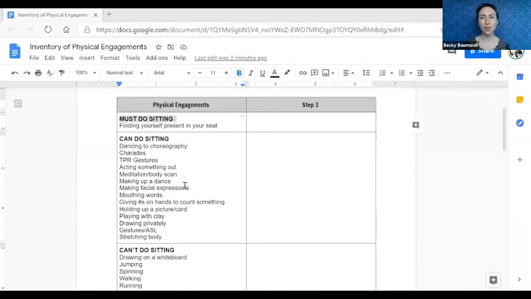So what other buckets or categories could we use? Well, I could do based on the part of the body. These all just use the arms. These use the whole body. This can be done on the face.